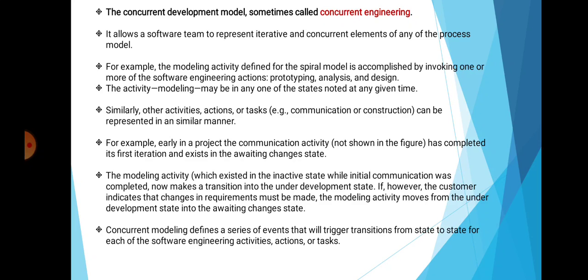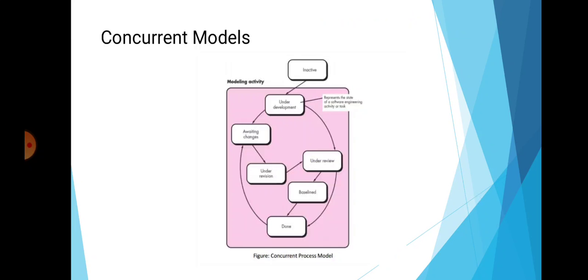The customer indicates that changes in requirements must be made, and the modeling activity moves from the under development state to the awaiting changes state. In these figures, that means this modeling activity moves from the under development state into the awaiting changes state. This generates the event analysis model correction, which will trigger the requirements analysis action from the done state into the awaiting changes state. This concurrent model is applicable to all types of software development and provides an accurate picture of the